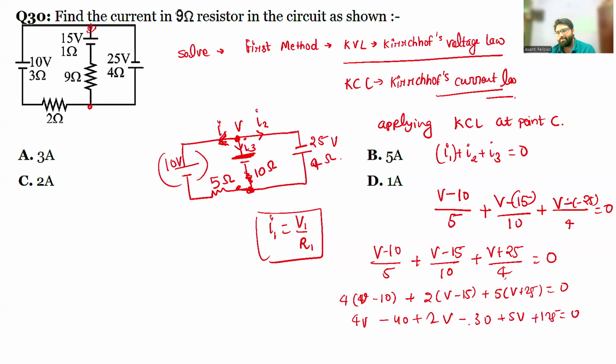This 40 plus 30 will become 70. And when you subtract 70 from this, it will come out as 4V plus 2V plus 5. 4 plus 2 is 6, 6 plus 5 is 11. Okay. Now,